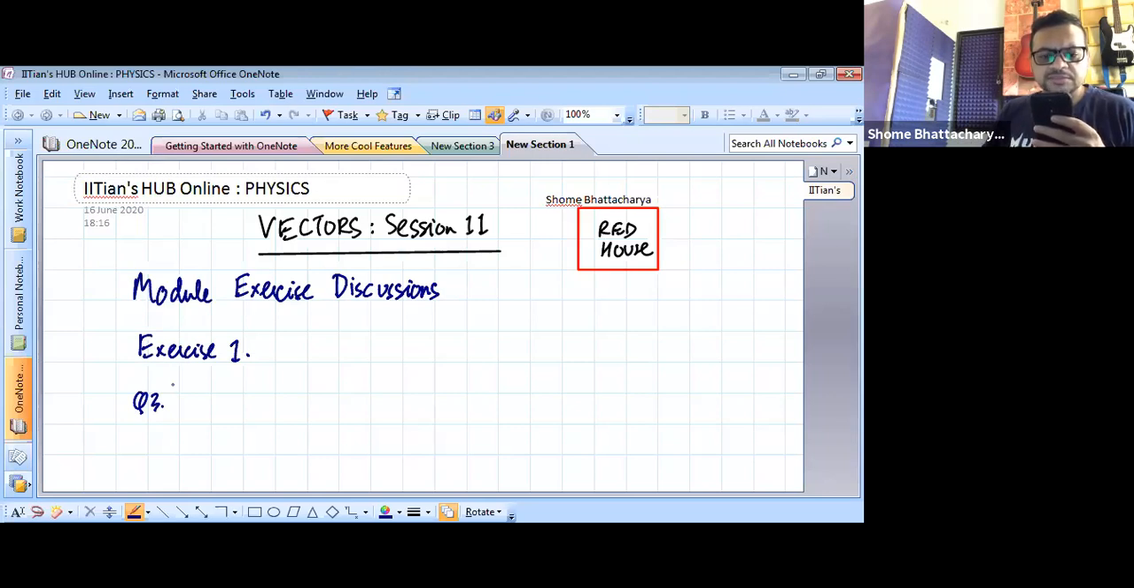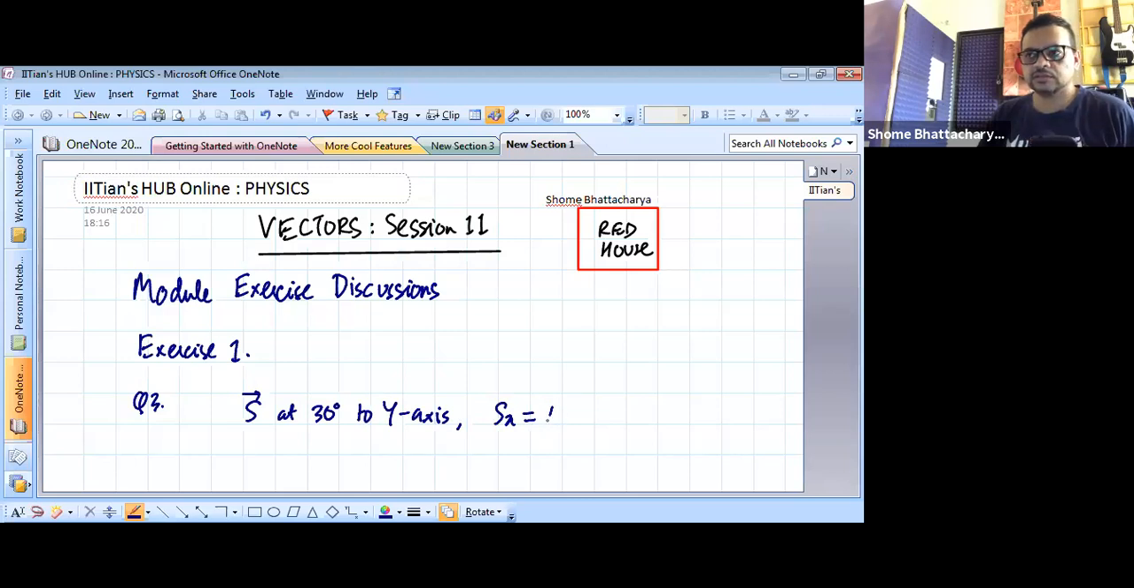It says that a displacement vector is at an angle of 30 degrees with the y-axis. Okay. So there's a displacement vector at 30 degrees to the y-axis. And it has an x component of 10 units. So we have to find the magnitude. We have to find the magnitude of the vector. So this is just about visualization. Okay. So you understand that